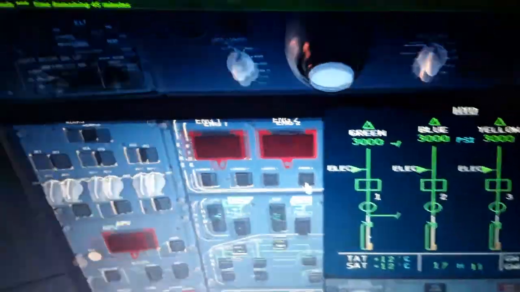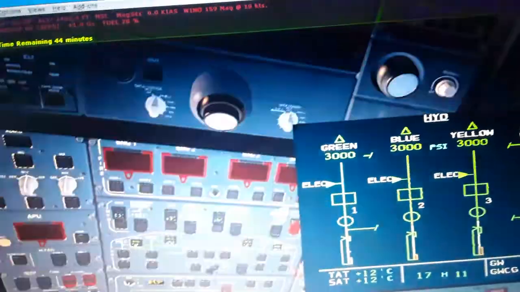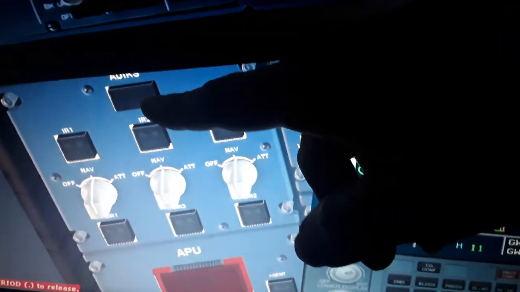You can see here's the fire extinguisher panel. Have some other switches here. If you go even further, this is important, the air data inertial reference unit, the ADIRU, that displays the